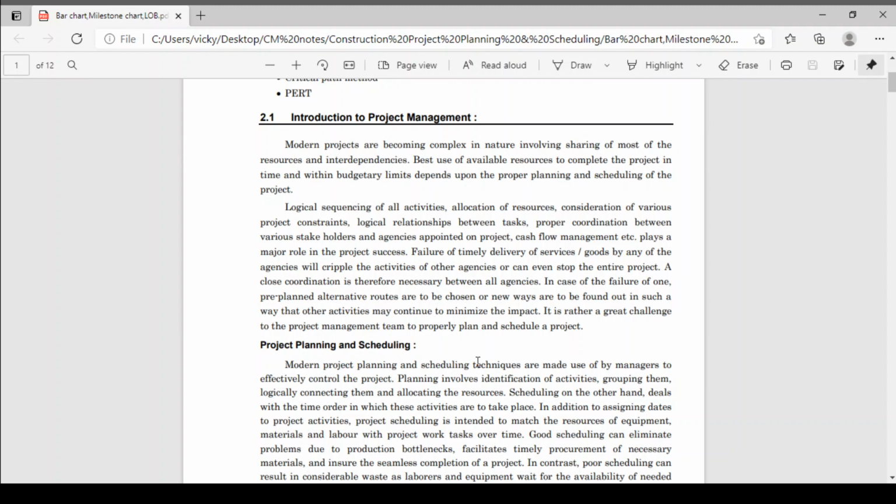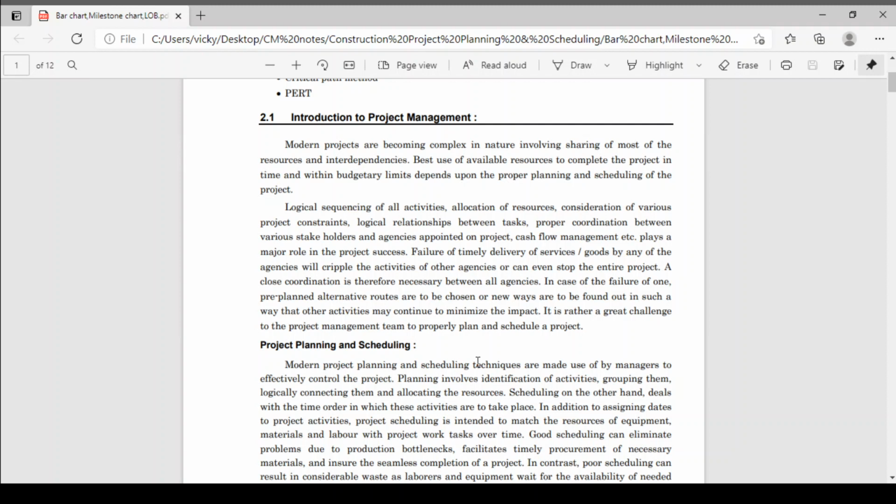Now the main point in project management is that any project you have to complete within your specified time. Suppose you are given 1 year for your project, then within 1 year you have to complete it, anyhow. And the second main part is that you have to complete your project within the given budgetary limits.